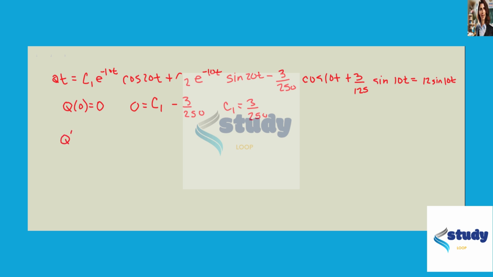So my derivative, Q prime equals negative 10 C1 e^(-10t) cosine 20t minus 20 C1 e^(-10t) sine 20t minus 10